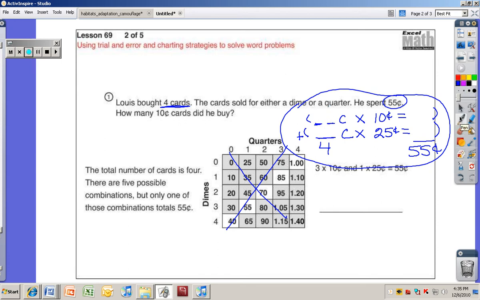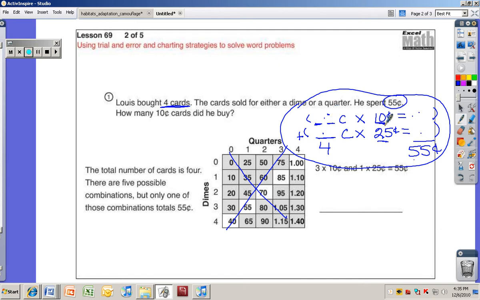Alright, so if this one's 2, 2 times 10 makes 20, and if that one's 2, 2 times 25 makes 50, and 50 and 20 does not make 55. So let's try a different way. That's 70 cents, so that's too much money, which means I need more of the 10-cent ones and less of the 25-cent ones. What if he buys 3